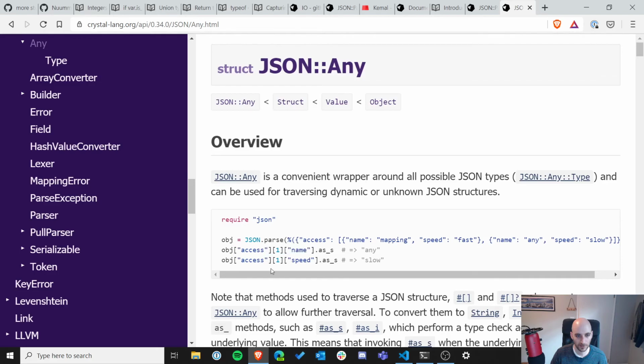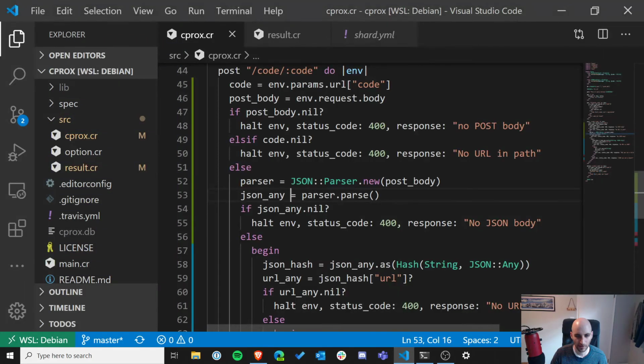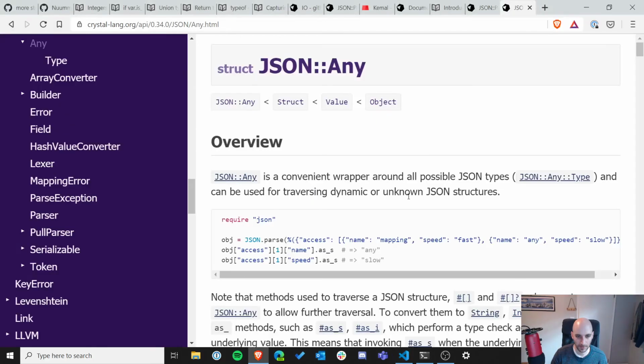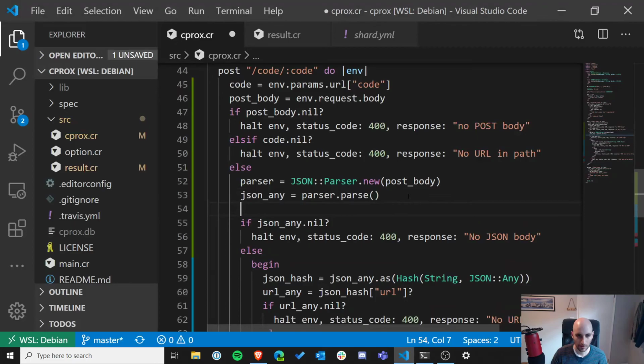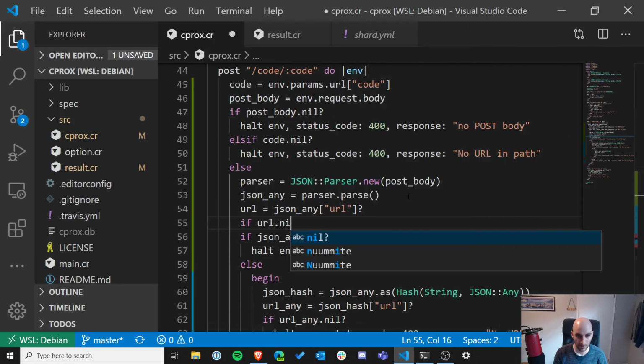Oh, maybe I can just do that. I can do parse, and then I can do, let's see. What would it be? We can do URL equals JSON any URL, and then do our question mark again. If URL nil,